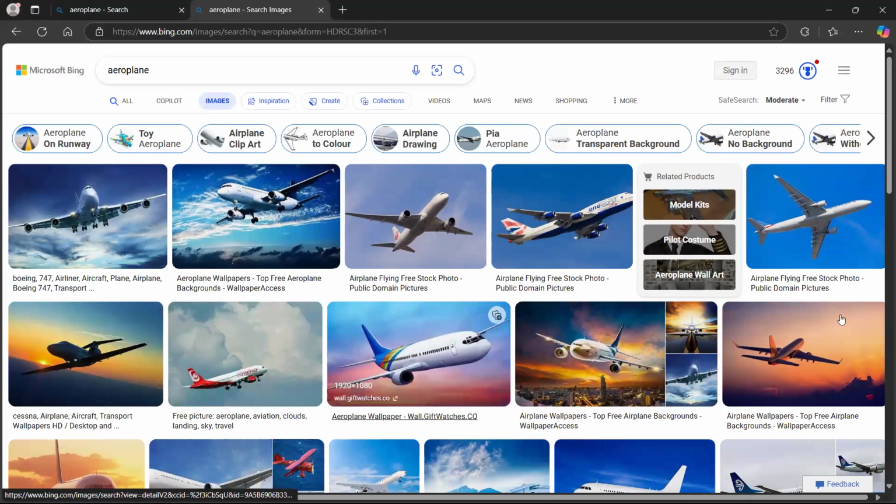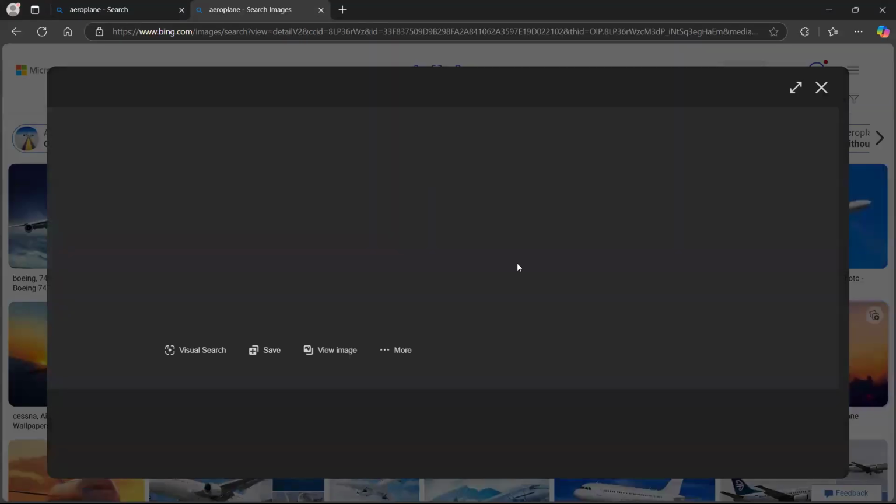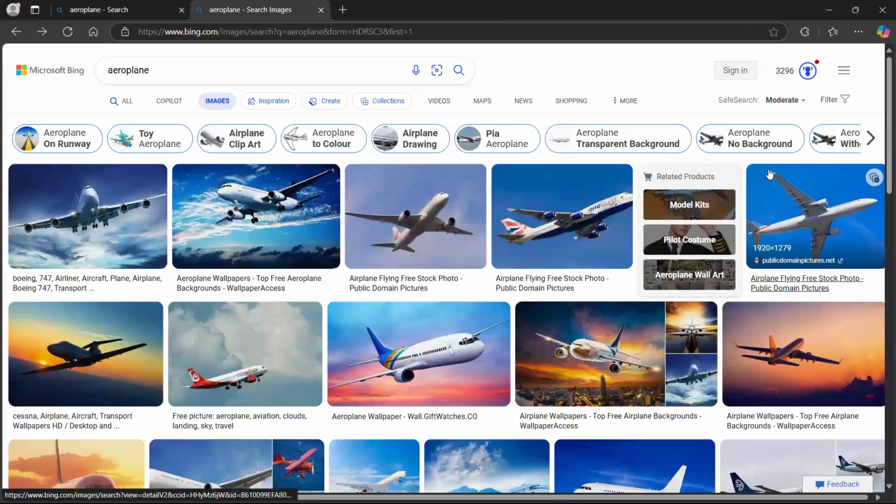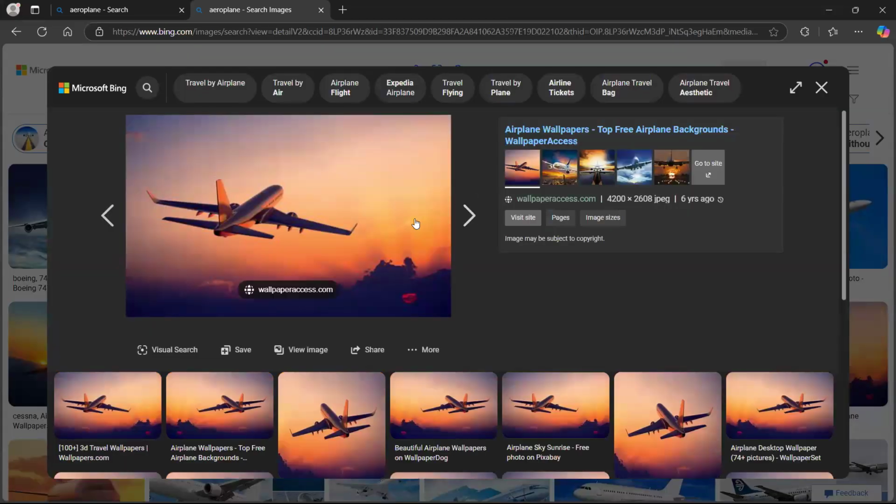Okay, this one looks nice. Should we use this one? Okay, let me see if we can do this. Fine, let's work with that one. Download that image, that one that you clicked.